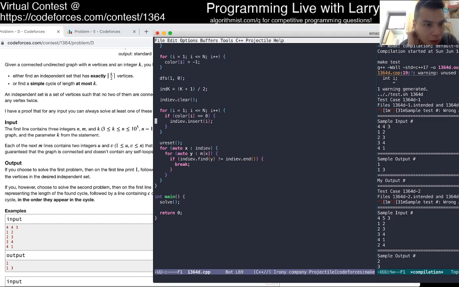So I think I want to do this a little bit differently. So if we find an edge then that means there's a back edge, or not a back edge, but just a cross edge. So we want to do something about this XY.